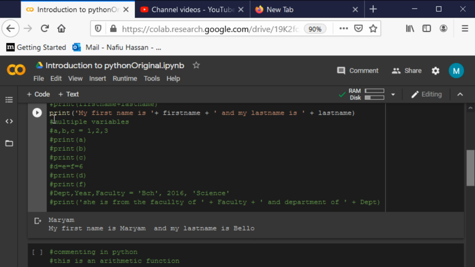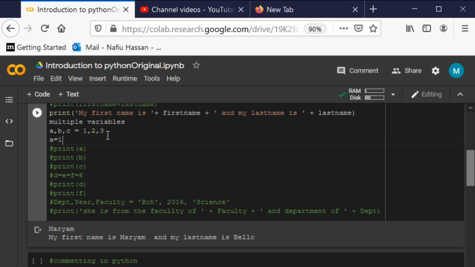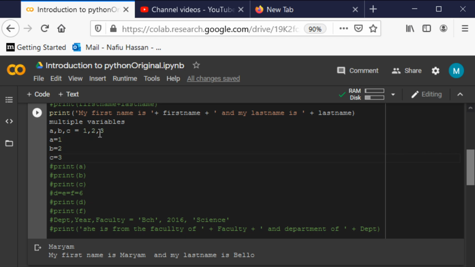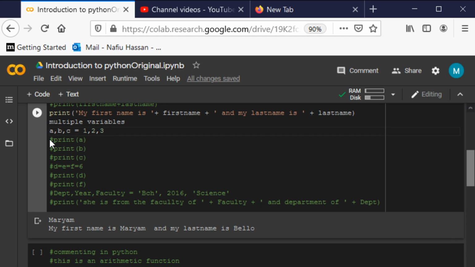Also, you can assign multiple variables at once. Something like this: a comma b comma c is equal to 1, 2, and 3. Instead of having to write a is equal to 1, b is equal to 2, c is equal to 3, you can just shorten your code by writing this single line, and it makes your code a lot more neater and cleaner. So if you print a, b, and c here, you would get 1, 2, 3